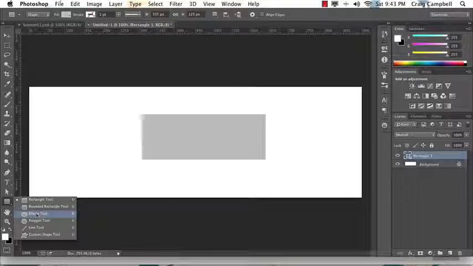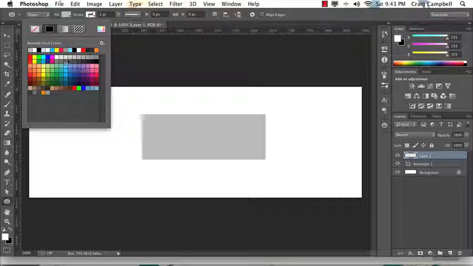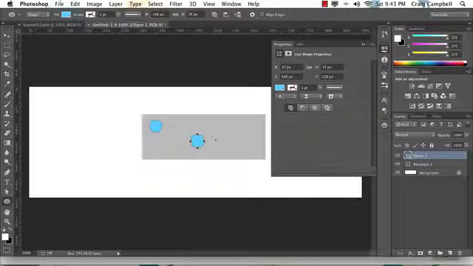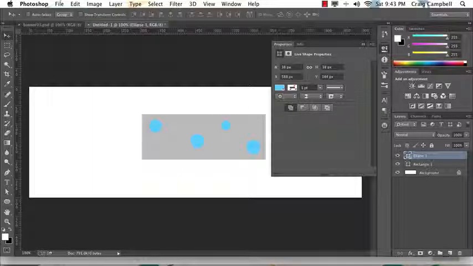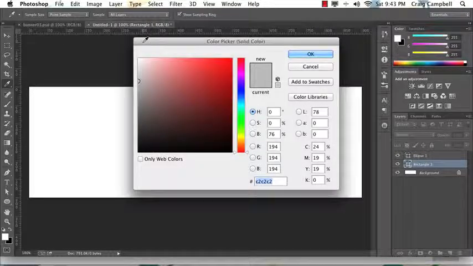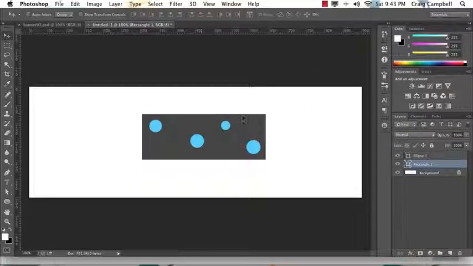So I'm going to grab the ellipse tool and let's create a new layer here, and I'm just going to create a few large blue circles. So let's say that those represent our snowflakes, and let's change that background color there so we can see it a little bit better. Just going to darken it up like so. Okay, so the dark gray background is the banner itself, and the four circles here represent one of our snow